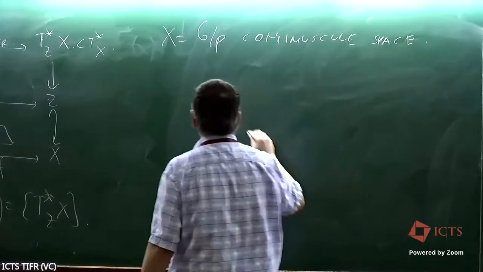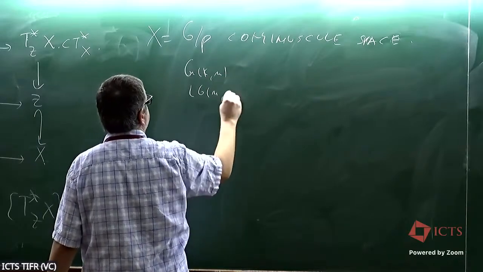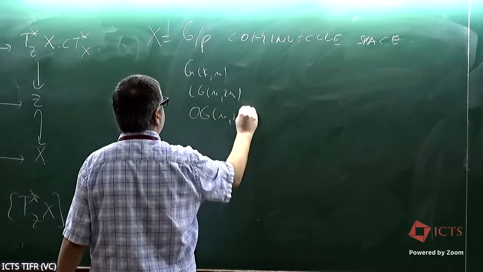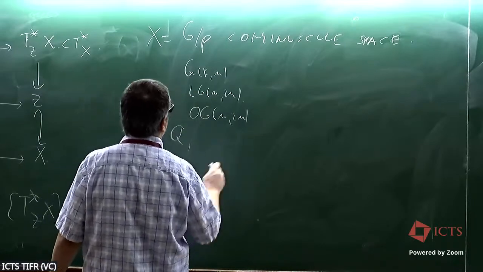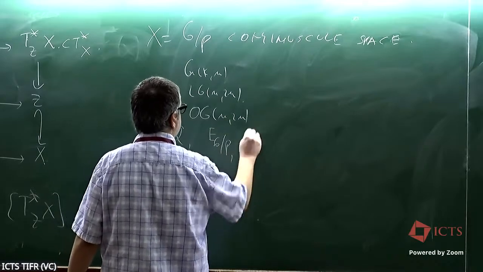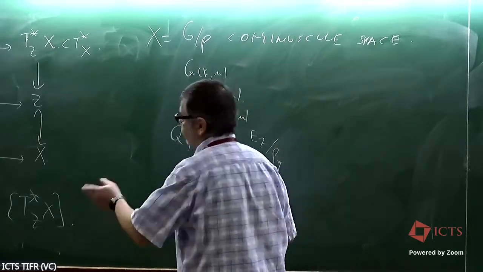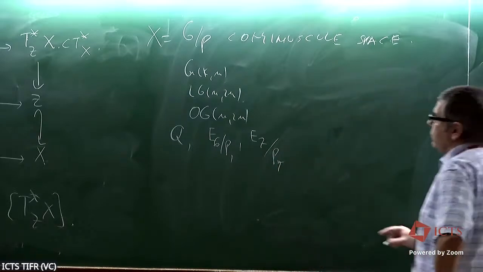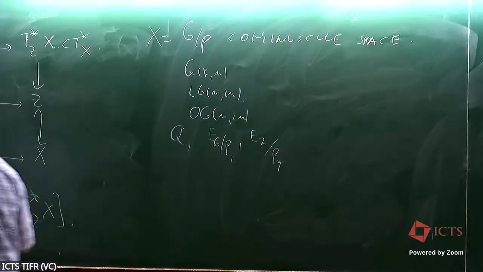And so, as I said, these are Grassmannians in type A, Lagrangian Grassmannian in type C. We have the maximal orthogonal Grassmannian in type D. We have the quadrics, both even and odd, and we have the Cayley plane in type E6, and it depends on your convention. It's E7 over P7, the long branch. So the Freudenthal variety in type E7. So it's a small list of homogeneous spaces.